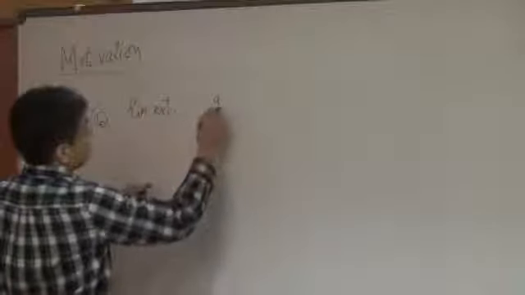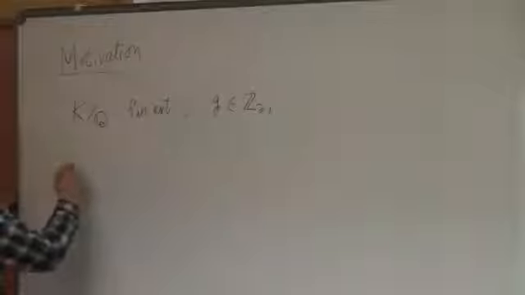So, motivation. It is a conjecture by Rasmussen and Tamagawa, and they considered such a conjecture. K is a number field, a finite extension, and g is a positive integer, and they considered